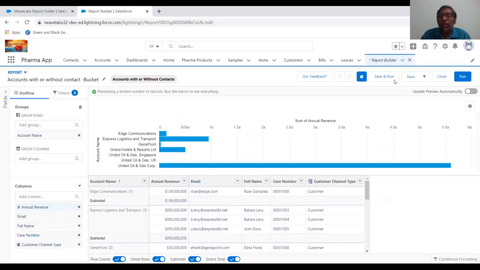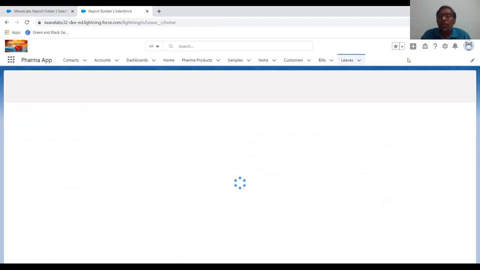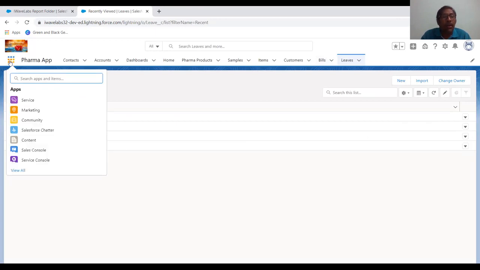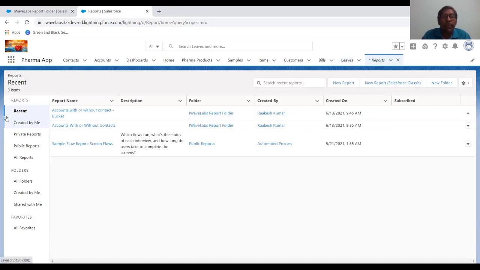So again, I have to go to the report tab, right? I have to go to the report page. To create a report, again I have to go to report. Now remove this. Again from here, I'll directly go to report now. Select report, so that the report is coming here directly. Right, I've moved to the report.